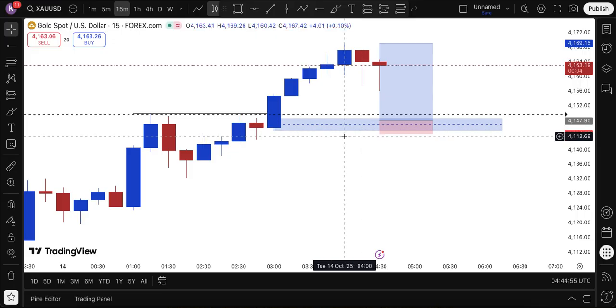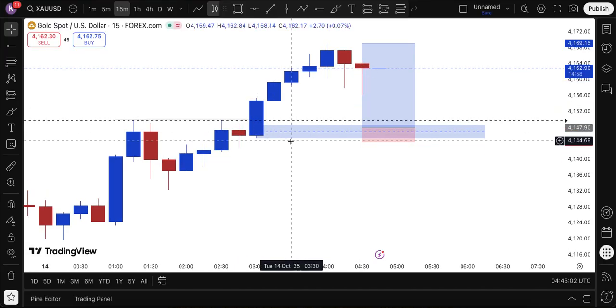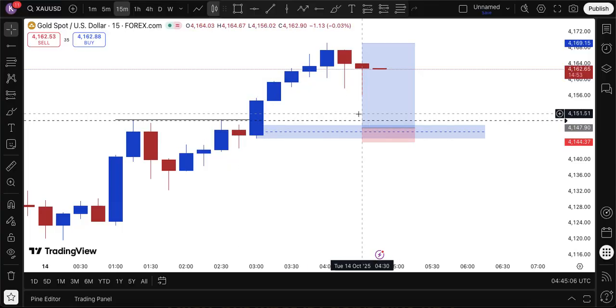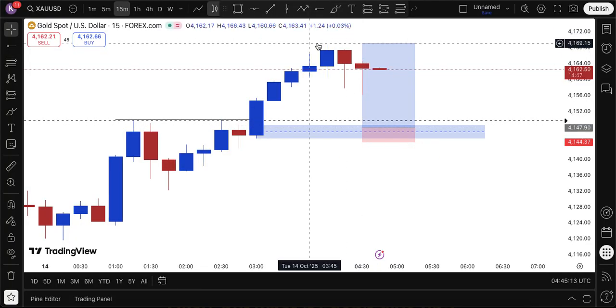I wanted to take it. But one thing I know is the market's going to clear out this liquidity. Since we haven't taken liquidity, it's going to take out this and then go up. But it might take out this one too, though. But I'm very confident it's gonna take this one out, which is why I managed to narrow it down. So just in case it doesn't take it down, at least it triggers me in, and I'm very confident.